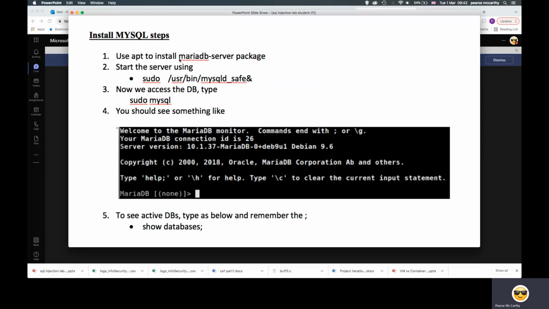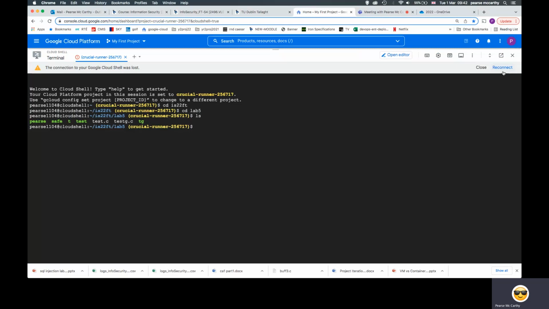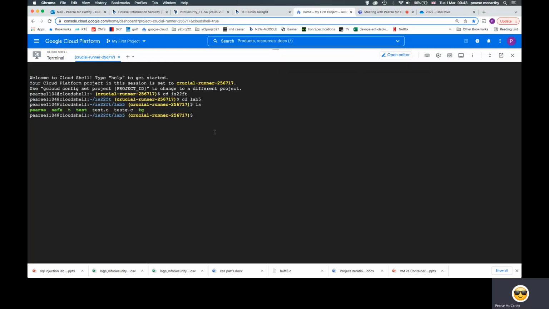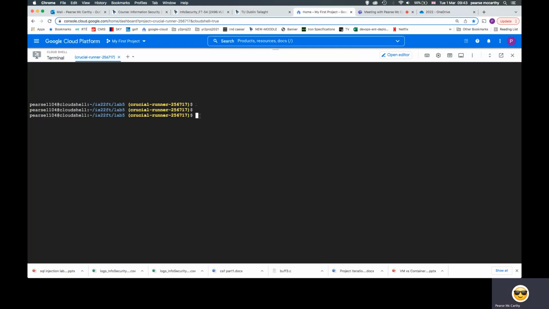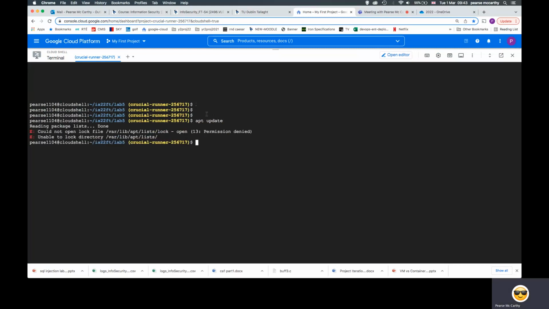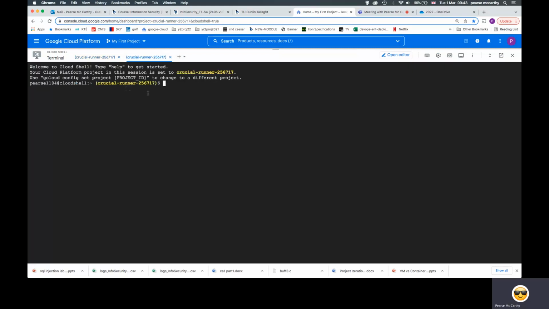We're going to install the DB server package, right? So let's go peek there. And we want to install it, right? And the issue is if I take apt update, just like I did many times in my container, that won't work. The reason why it won't work is it says permission denied, and that's because in Google Cloud you are in as your normal user, whereas if you do it in a container, let's run a quick container here,